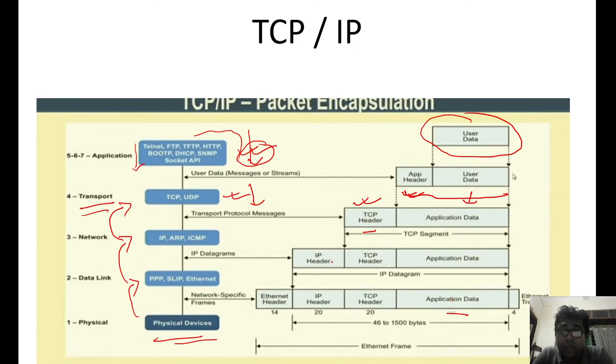of data. After that, after the process through the network layer, another header, which is the IP header, will be added to this TCP header, right? So after going through each and every layer, there will be an extra header added, right? So this is the final product which is going to be communicated or transported through the physical devices